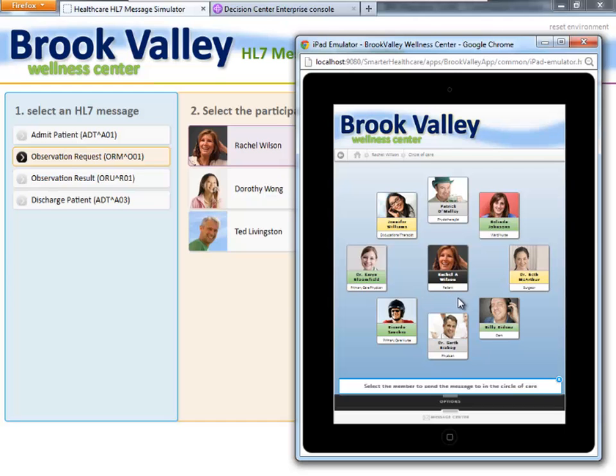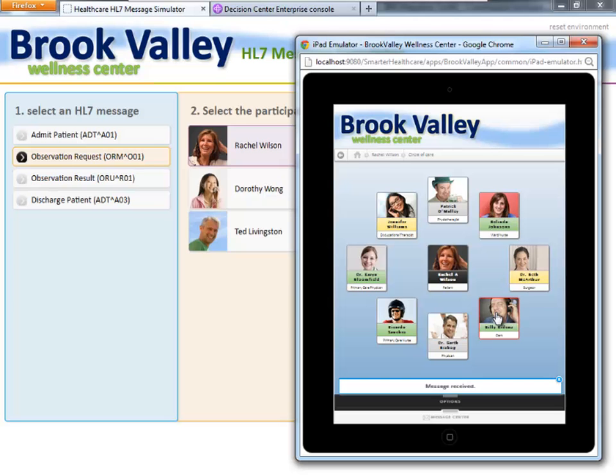So to follow up on this test result, let's forward it to Billy. He's one of the clerks. When I select Billy, it's going to send a message to Billy's mobile device, and because we're using MQTT with guaranteed delivery, we can track whether or not Billy has received that message, and we can see the status of it. So I'm going to click on Billy, and now you can see the little yellow dot in the corner saying that we have sent the message, but it hasn't been received.